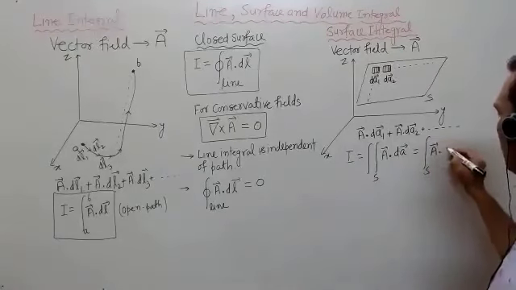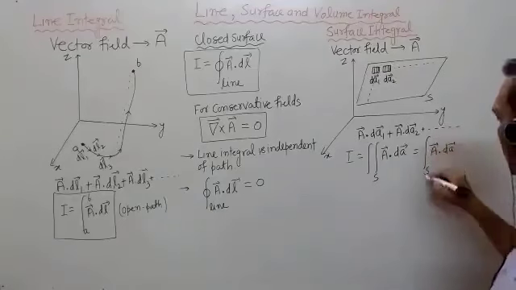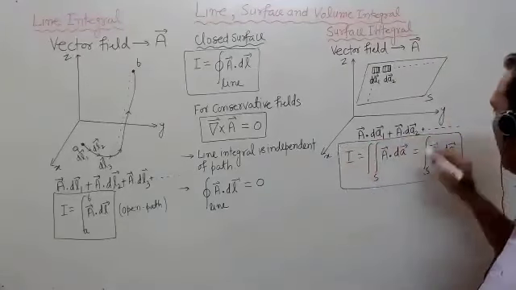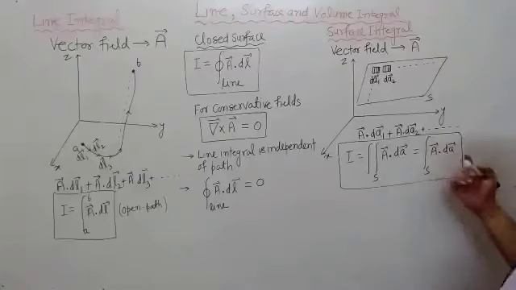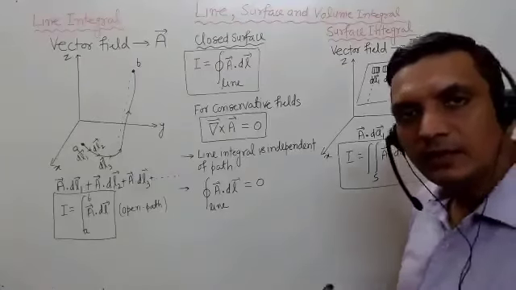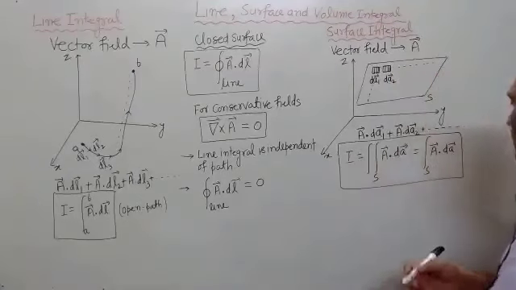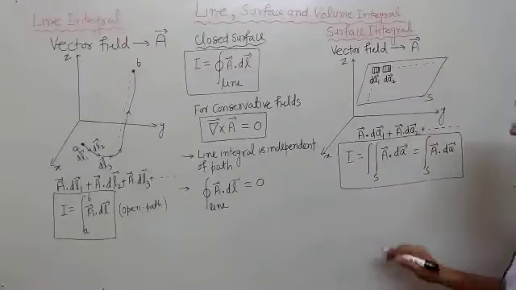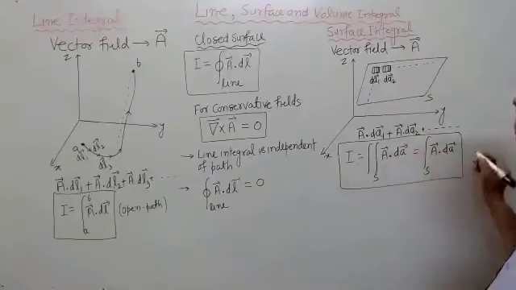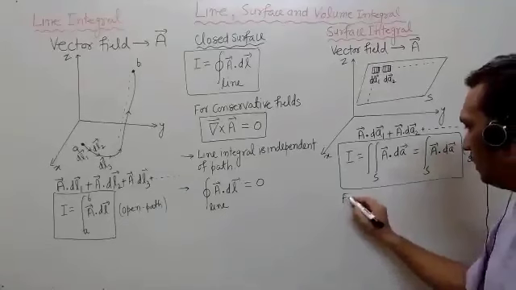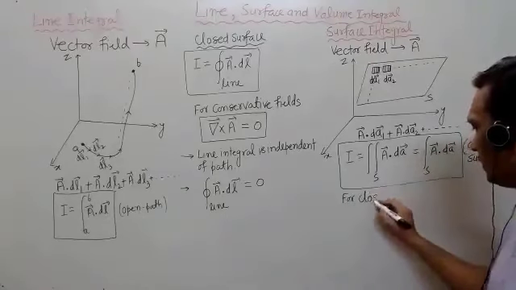Whenever it is written as a surface integral, it means this is the double integral, because in the area element you have two variables. So again, you can find it in different coordinate systems like Cartesian, spherical, polar, and cylindrical. This is for an open surface, when the surface is open, and for a closed surface,